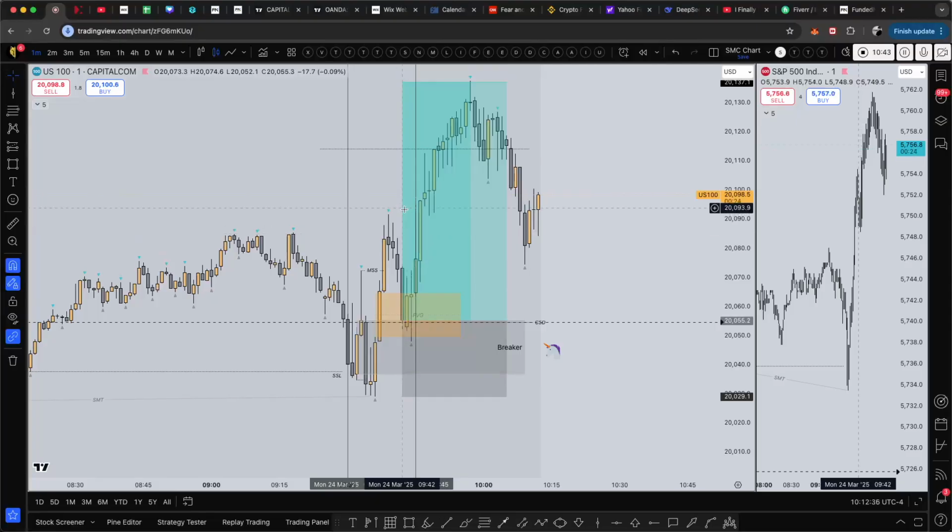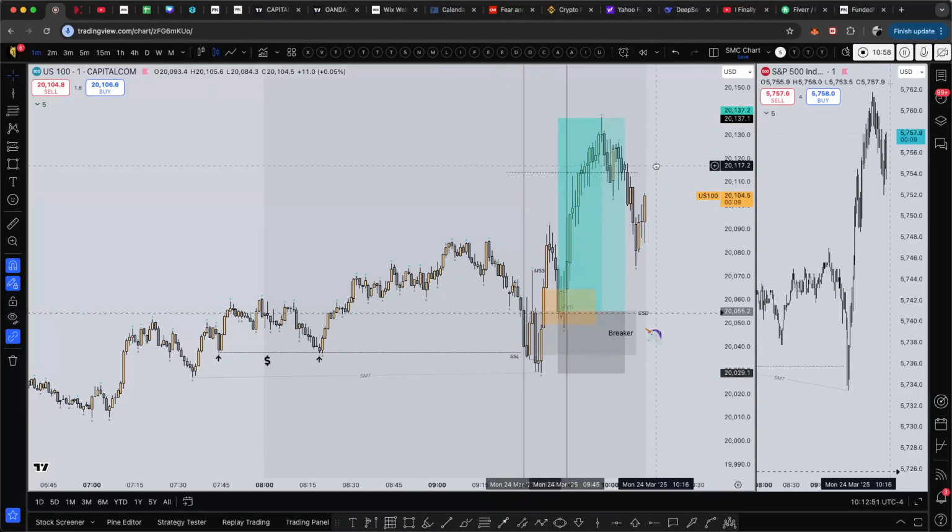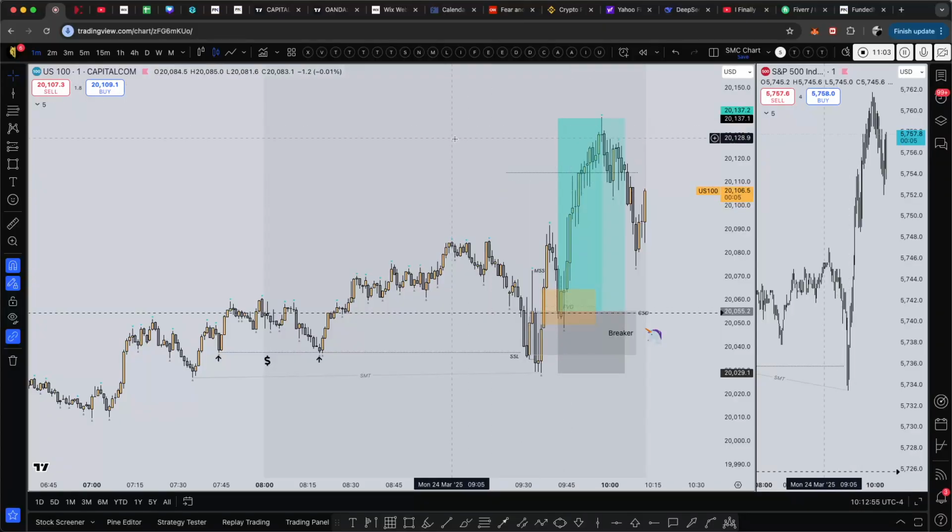Hey, I took some partials as the price was going in my direction. I took some partials. I didn't put it on break even yet. I was waiting. So price did end up pushing. I was putting it on break even once I saw these two candles closing. That's when I put it on break even, and then continued holding the remaining all the way to the upside. So that was basically it right there.